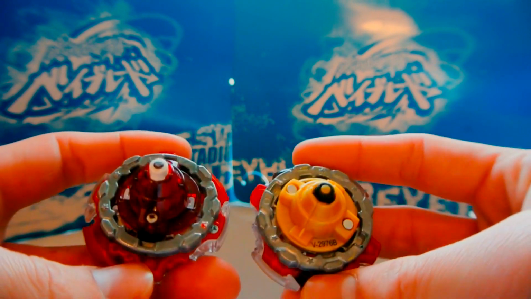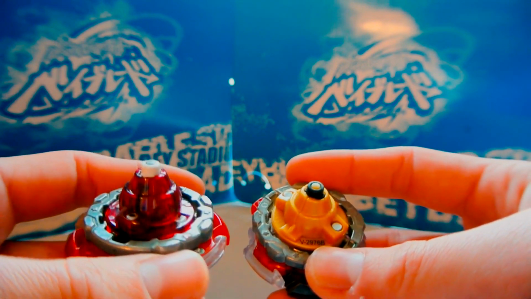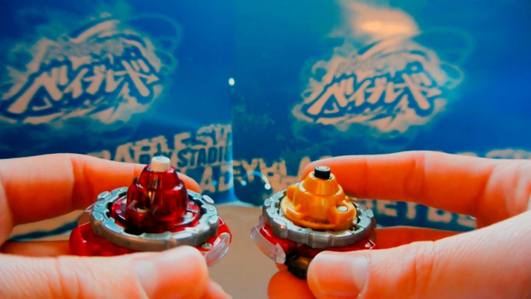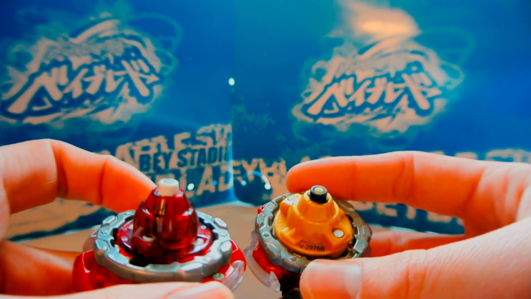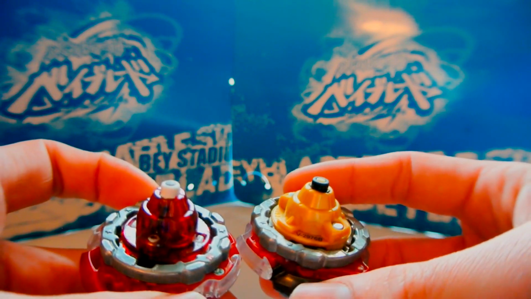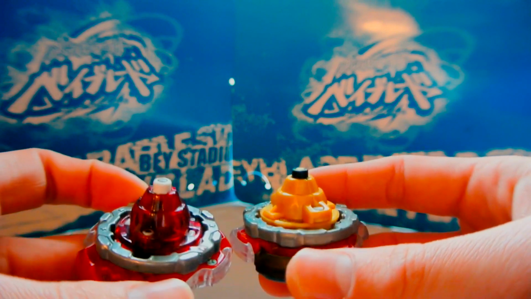The Knuckle disc is probably the best all-around disc in Burst Classic. It has great stamina, great burst resistance, also got some pretty good weight distribution too, which makes it good for attack. You can pretty much put Knuckle on anything and it won't be a bad choice. And then